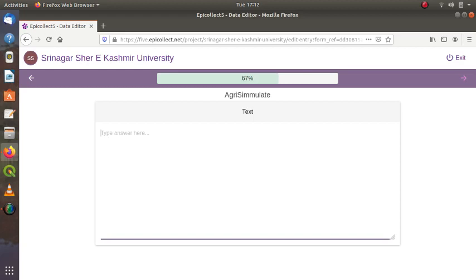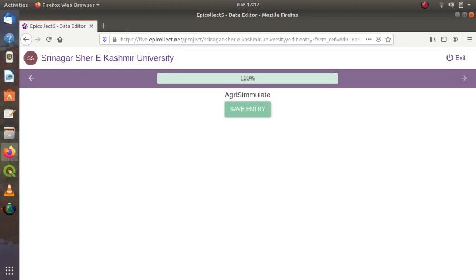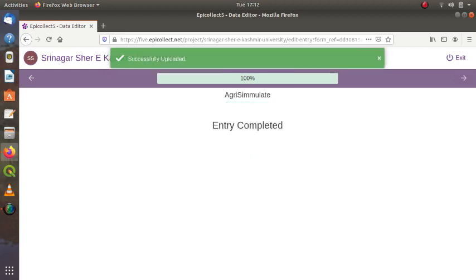Then I go to the next. Then I will write simulated. This is simulated data, so that people will know that a person has actually not gone there. But in this COVID-19 situation, it is very, very important. So for the name of the person, I will say ABC. You please enter your name so that we can see that you have done it and you get credit. And next is save entry.